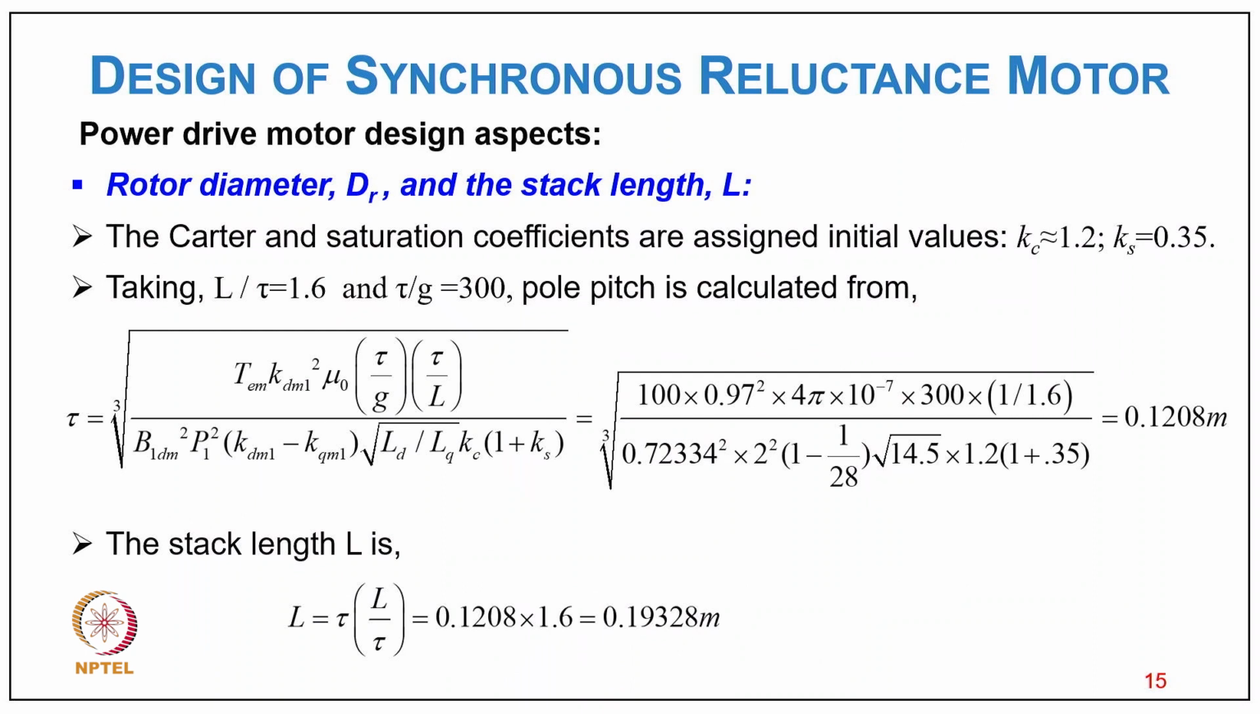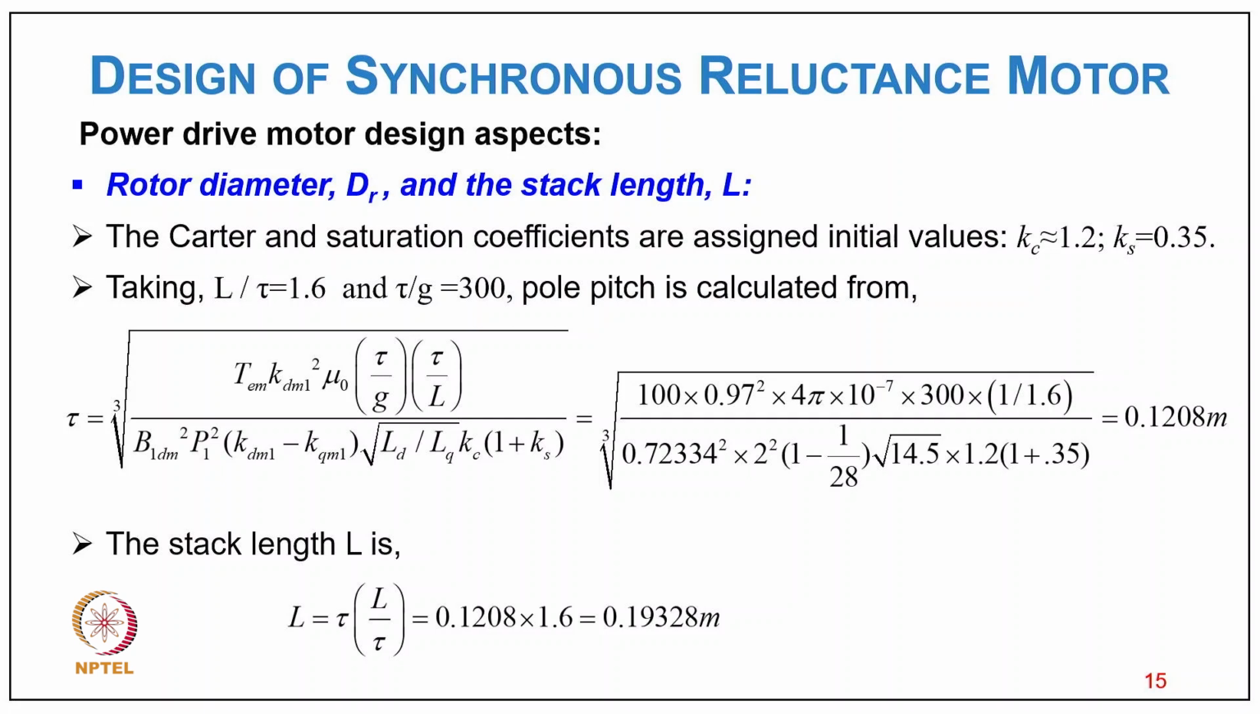0.72334 Tesla. So now the Carter and saturation coefficients are assumed, the values Kc equal to 1.2 and Ks equal to 0.35. So taking L upon tau equal to 1.6 and tau upon G equal to 300, the pole pitch is calculated from the relation tau equal to cube root of TM KDM1 square mu 0 tau upon G into tau upon L divided by BD1 square P1 square KDM1 minus KQM under root LD upon LQ into Kc in bracket K plus 1S, and putting values it comes 0.1208 meter,